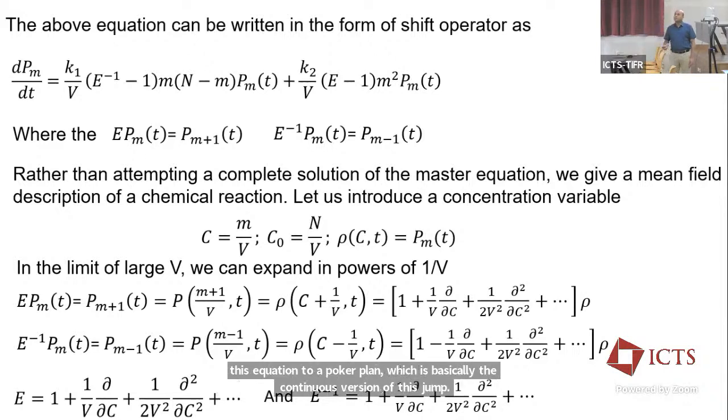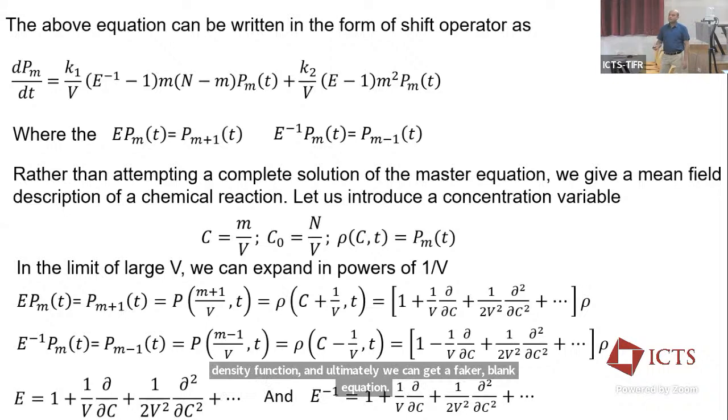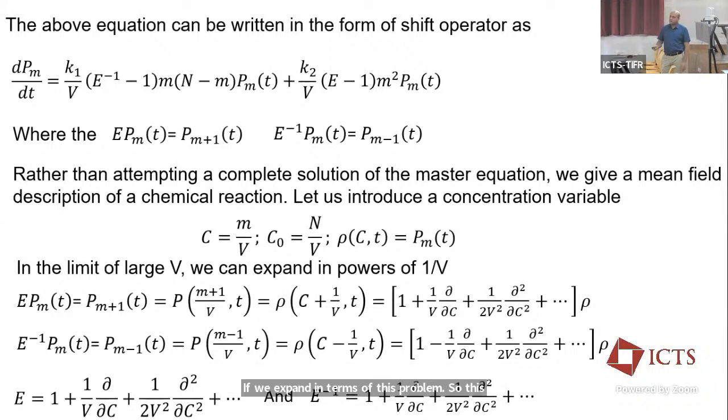So what we are going to do is change some variables. We are going to convert this number of molecules to density or concentration, and instead of writing this probability function, we are going to write the probability density function, and ultimately we can get a Fokker-Planck equation if we expand in terms of this volume. So basically we have done this scalar expansion of this quantity, and just use this variable that I have written here, and in the full form we have done this expansion, and